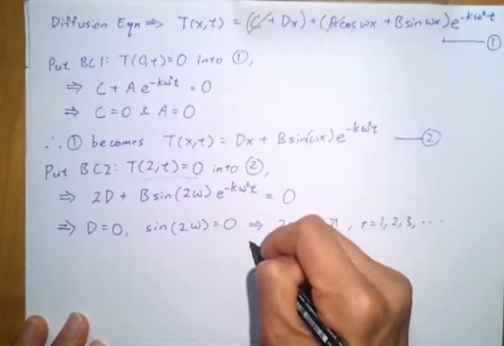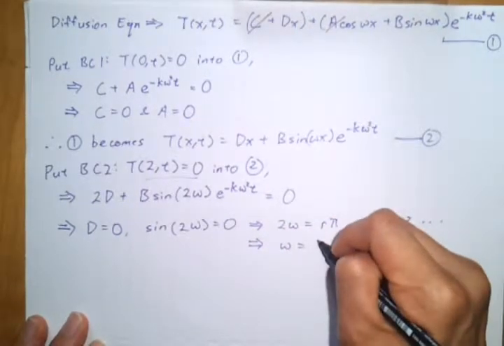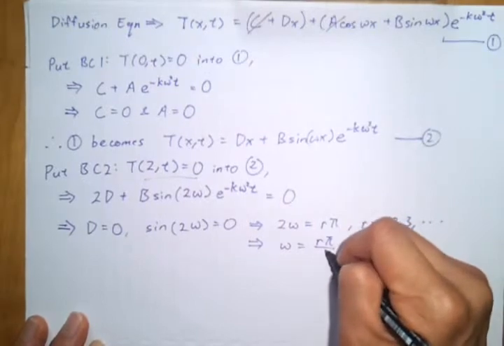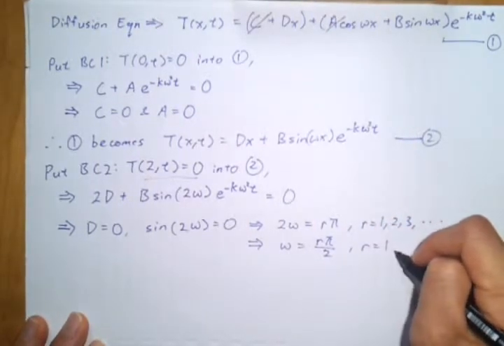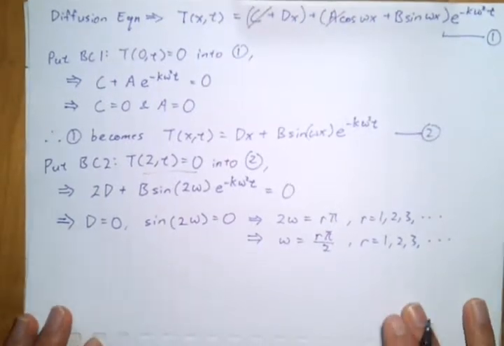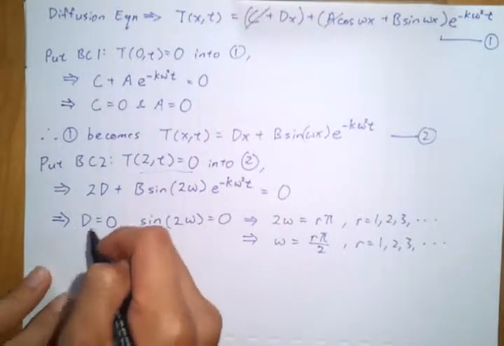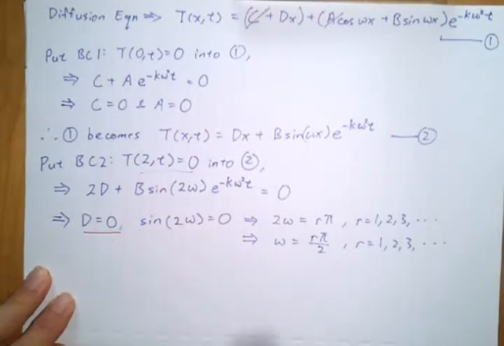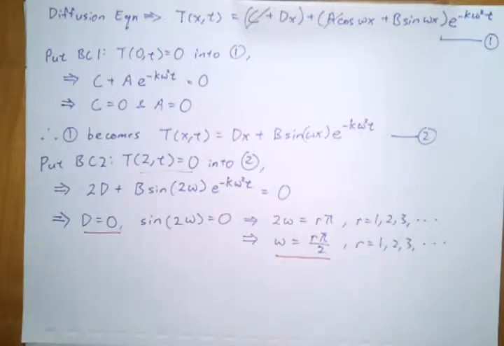So that tells you there are multiple values of omega. So I'm going to put this information, d equals 0 and omega equals r pi over 2,